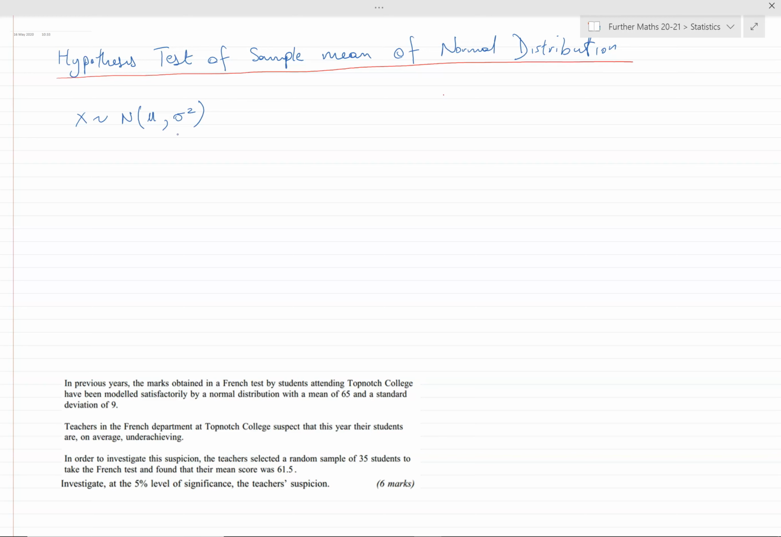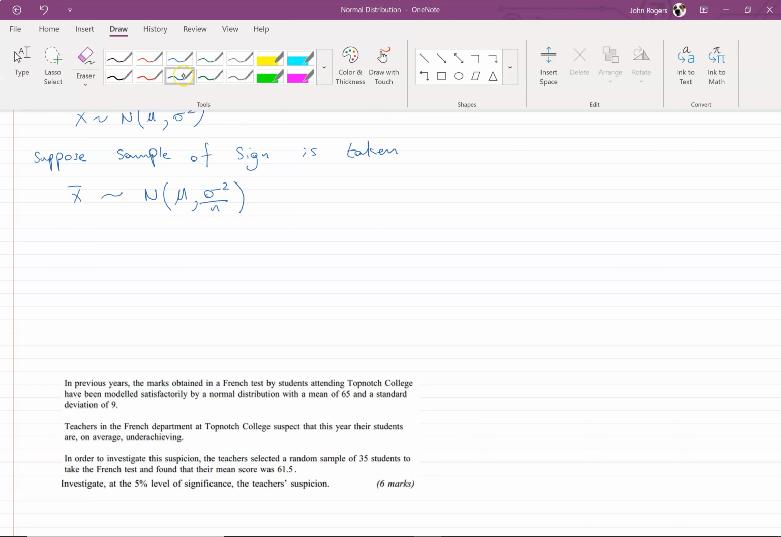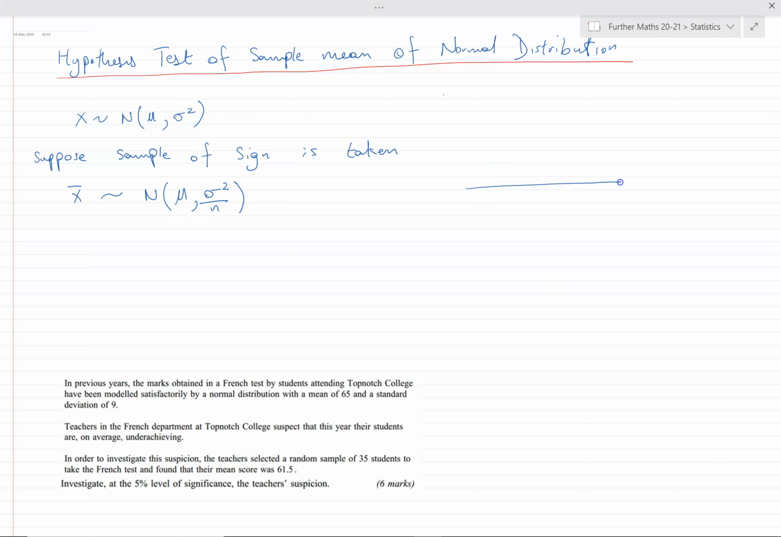Imagine we take a sample of size n. Then what we get, and we've actually looked at this in more detail in the previous video, is something called the sampling distribution, which has basically the same mean but a tighter standard deviation, what's called the standard error of the distribution. So if this is our original normal distribution,